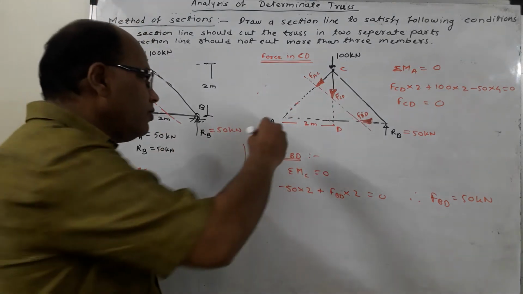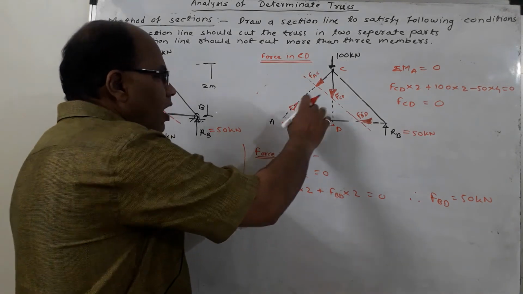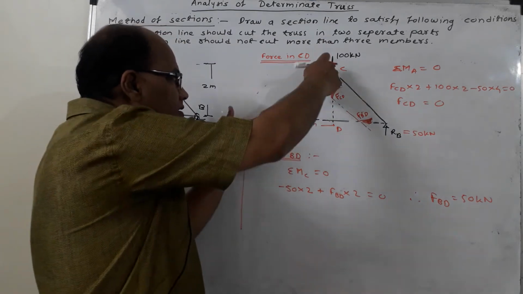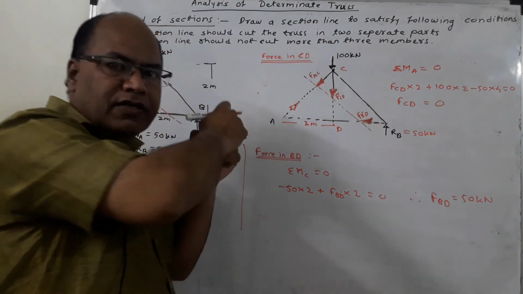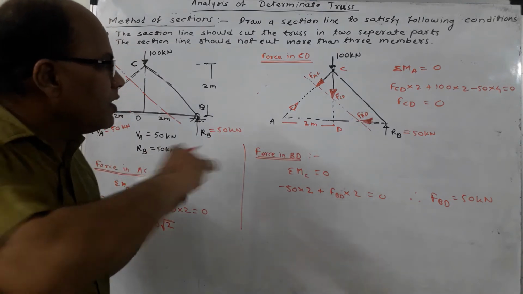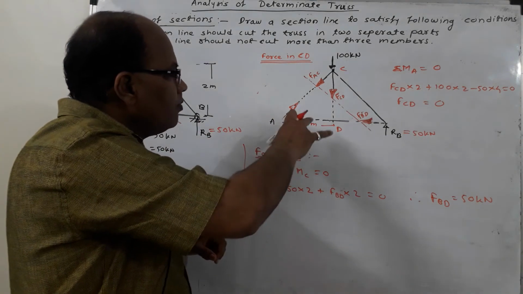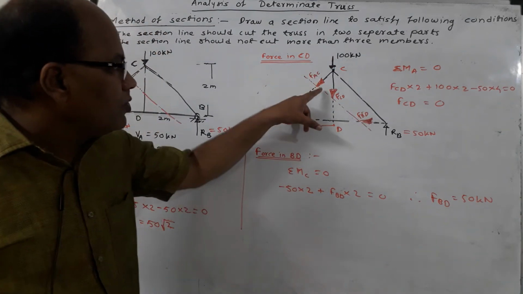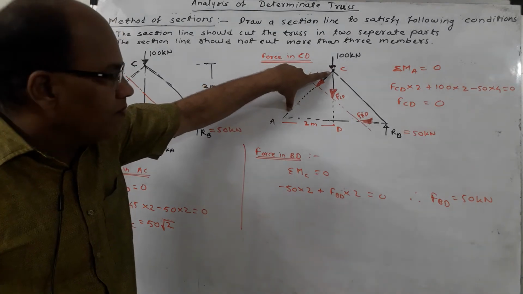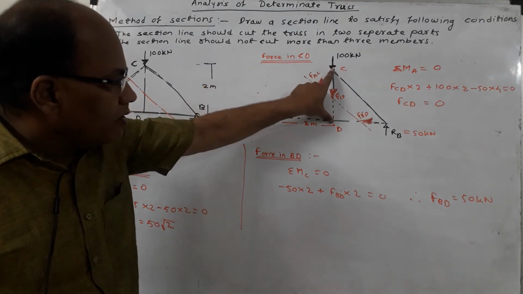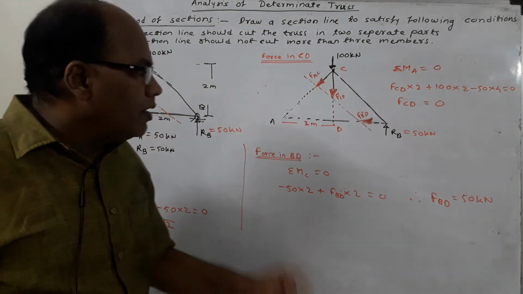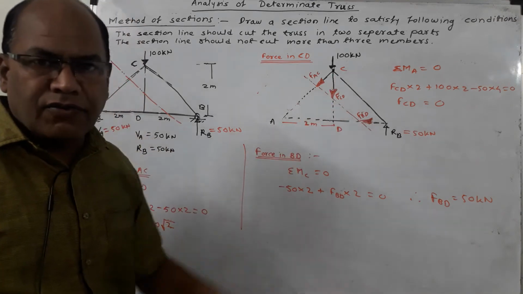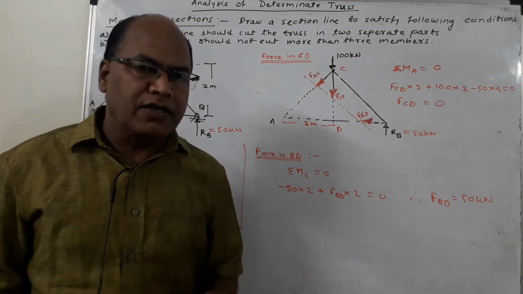In the previous video, I did discuss with you that arrowheads marked towards one another indicate tension. So if this member is carrying tension, it should be shown by means of arrowheads marked towards one another. But as I am dealing with the right part, I will be showing the arrowhead in the right part only. So this is the arrowhead which is to be shown for the force in member AC. The same thing should be done for CD, and the same thing for BD also. So all the cut members are carrying tensile forces. This is my assumption.